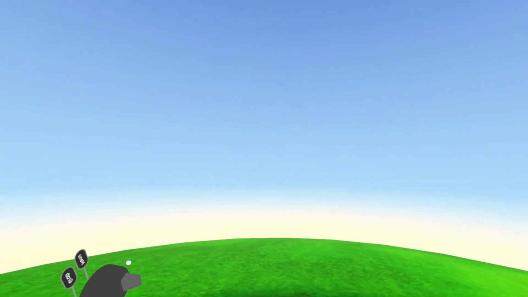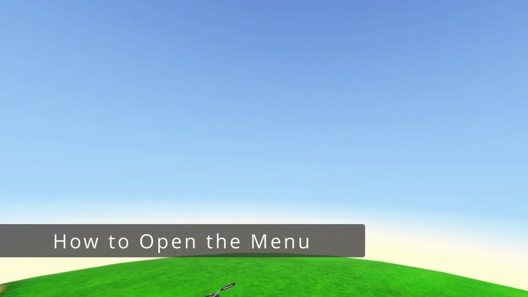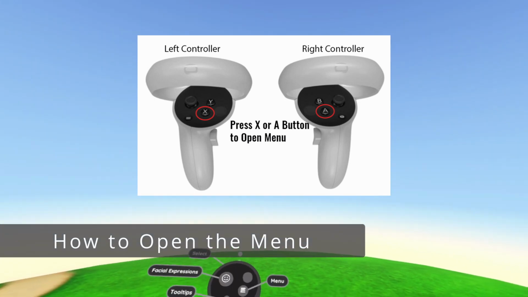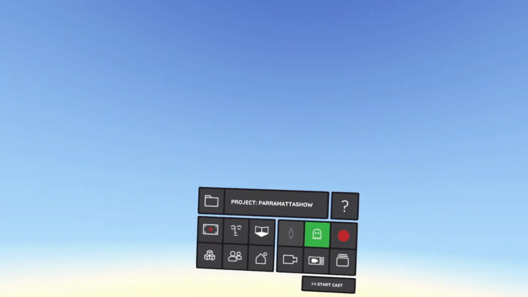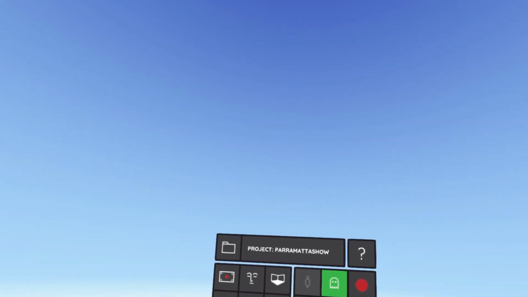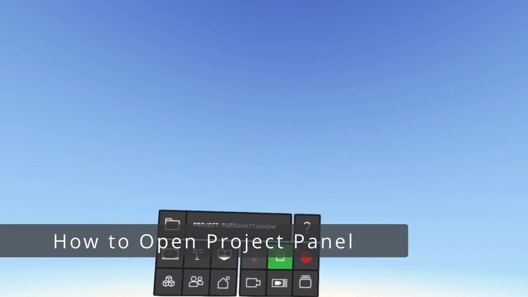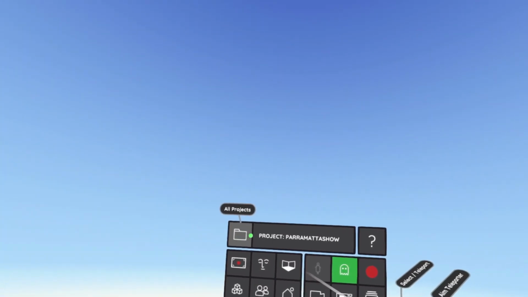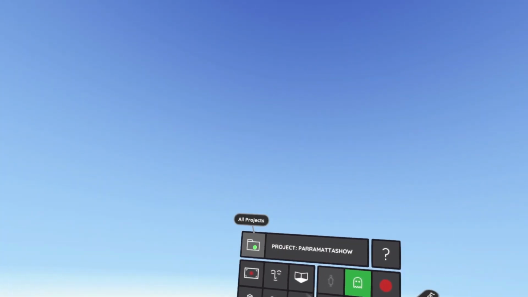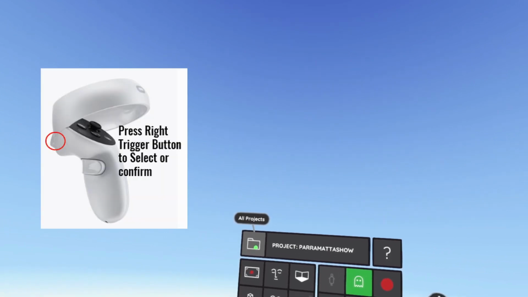I'd like to show you the basics of Flipside Studio. First, let's open the menu by clicking the X button on the left controller or the A button on the right controller. Then we can select Project. Point at the icon or the panel with your right controller, and then you can see a green dot. Point at this to select that or confirm that,